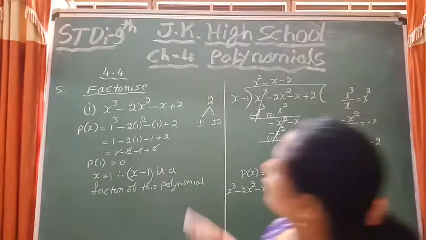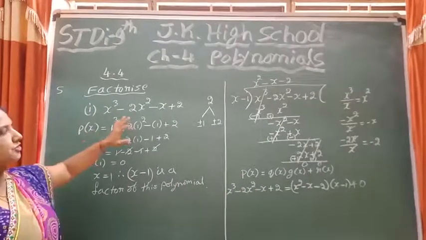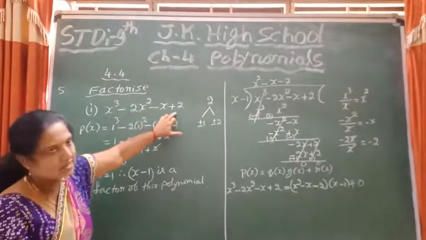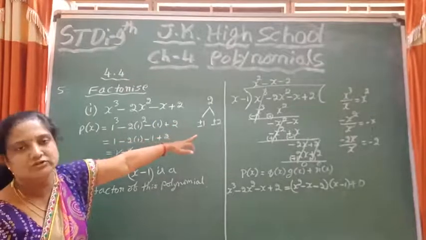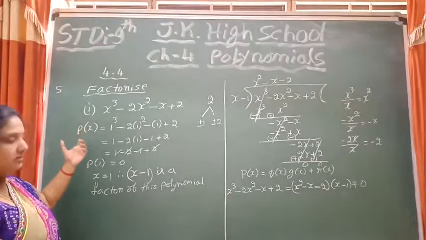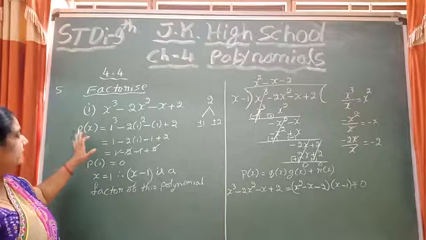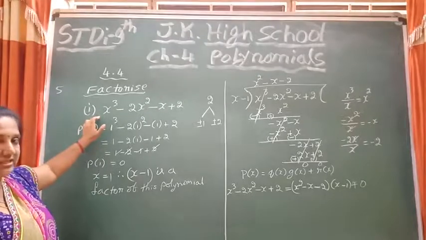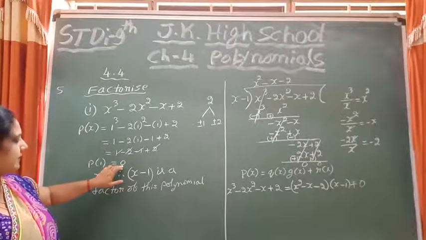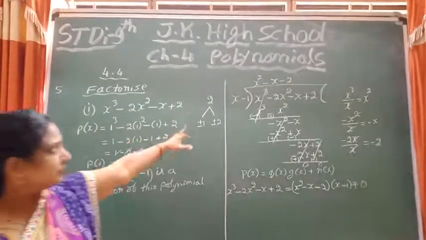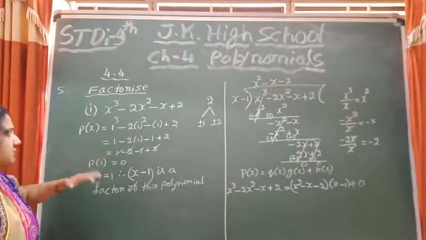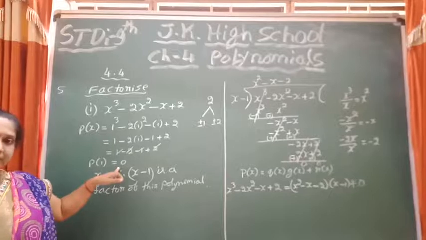See now, they gave a cubic polynomial. Other than a quadratic equation, if they give you a cubic polynomial, whatever numerical coefficient it will be here, you multiply with the last constant term and find the factors of that. Go on checking one by one which is a factor of this given polynomial. According to the factor theorem, when you substitute a value in place of x in that polynomial, if you get 0 as the answer, then that value substituted gives a factor of that polynomial. So here I substituted 1; the candidates are 4 values, plus 1, minus 1, plus 2, minus 2. I checked plus 1 first, and I got plus 1 as a factor.